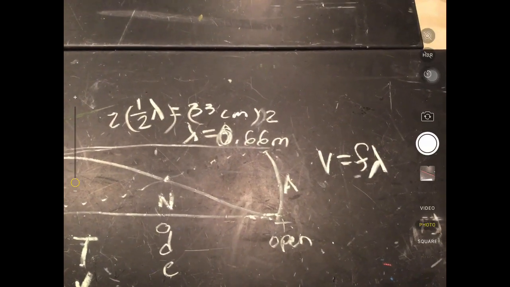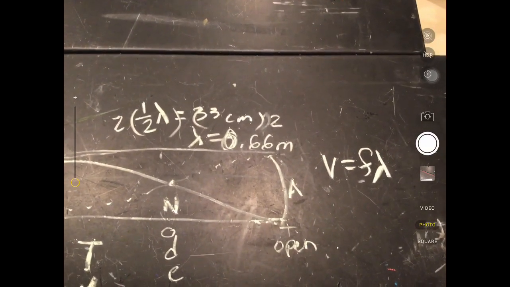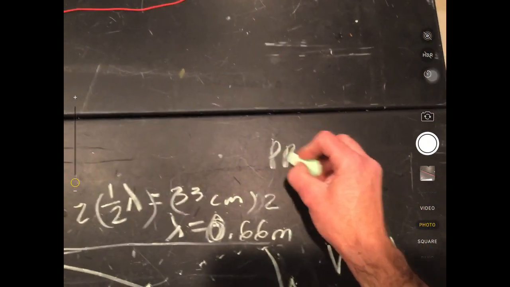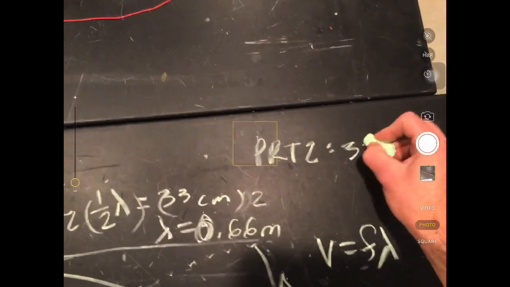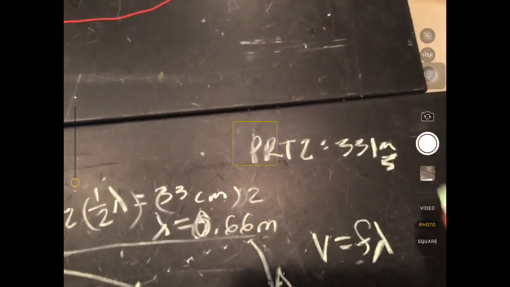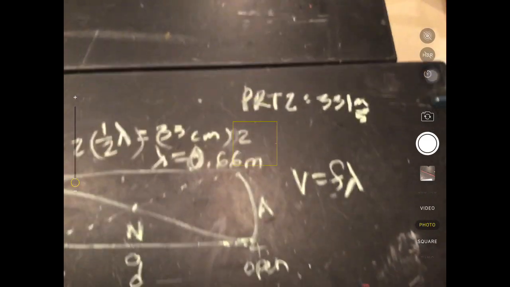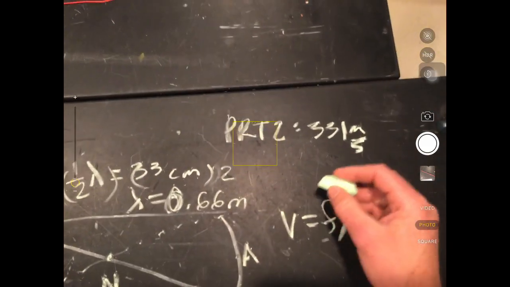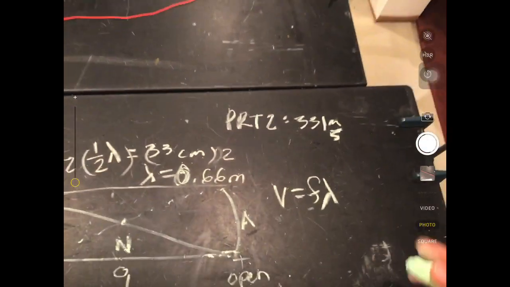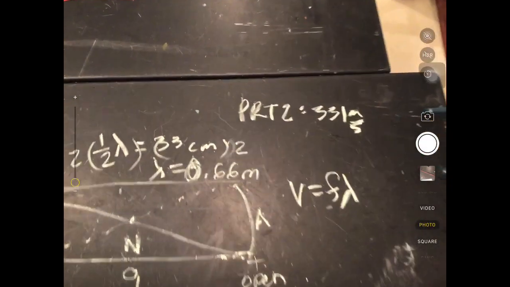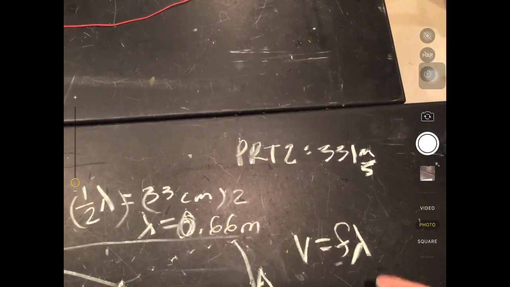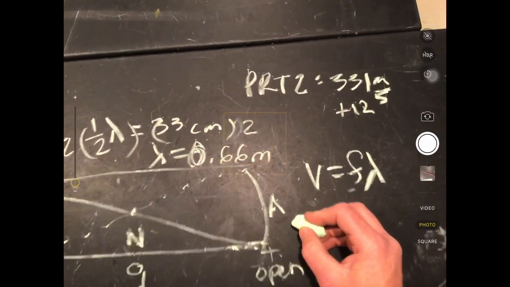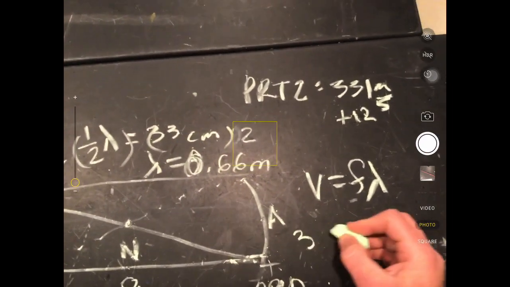That's actually at STP, which is 0 degrees Celsius. We're at about 20 Celsius. And if you want to convert, so the reference table says the speed of sound is 331 meters per second. If you want to convert that to your speed of sound at something other than STP, you add about 6 meters per second for every 10 degrees Celsius. So if we're about 20 down here, that's 6 times 2 is 12. So this is going to be roughly plus 12. So the speed of sound in this basement is probably about